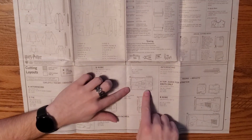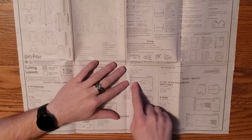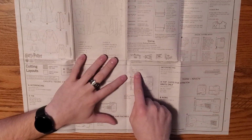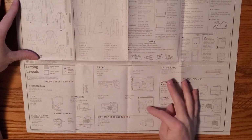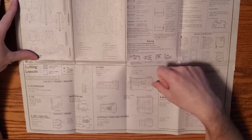It shows you how to lay them out on your fabric, and this says double thickness, so you're making 2 of all of these, basically. It shows you how to lay them out if it's a 45-inch fabric, and this one shows you how to lay it out if it's a 58 or 60-inch fabric. So once you've figured out what pieces you need and how to lay them out on the fabric,